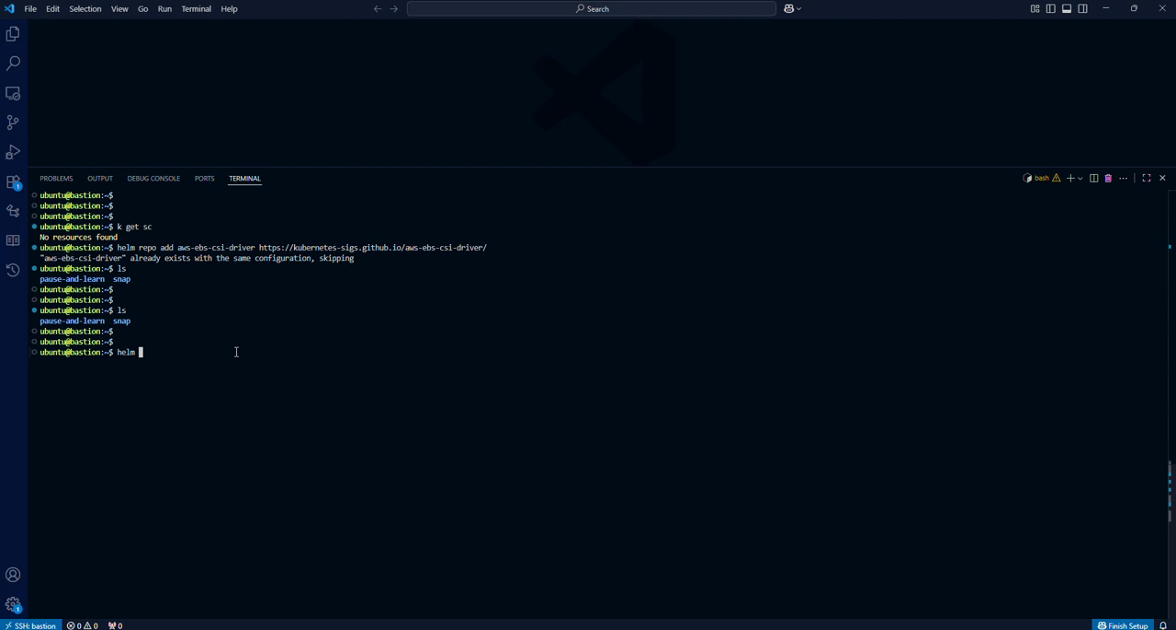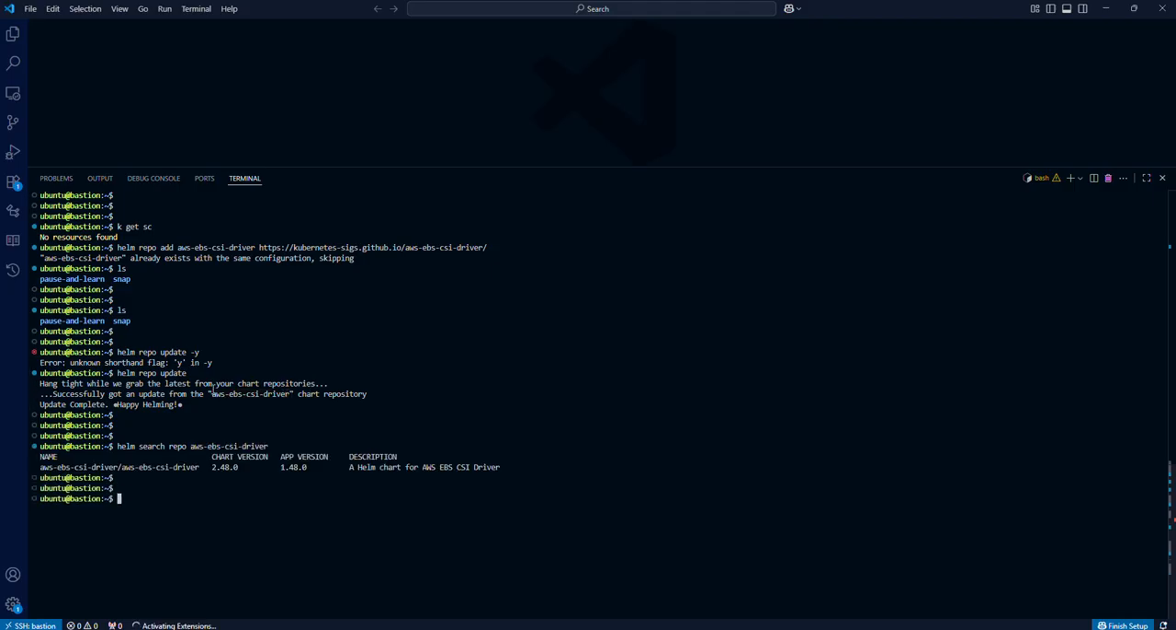So before we do that, once you add your repository, the next thing you need to do is to update your local Helm repository. All right. So do Helm repo update. There's no dash y. Okay. So I'm going to do Helm search repo. This one. So now I want to pull my Helm chart,